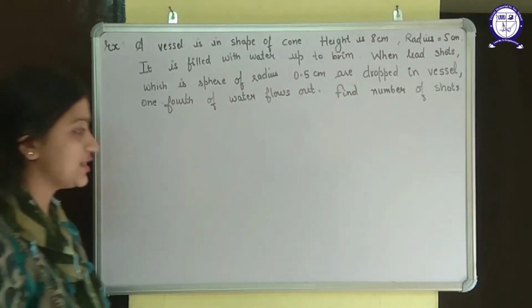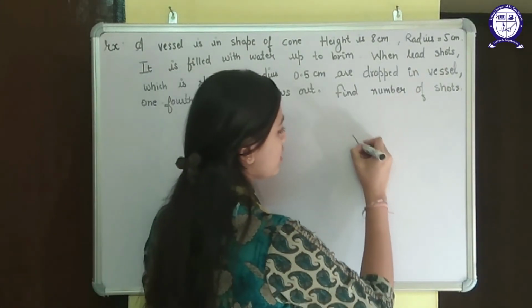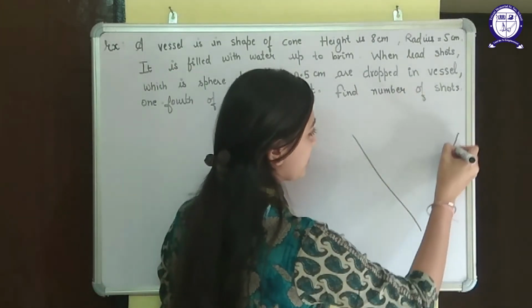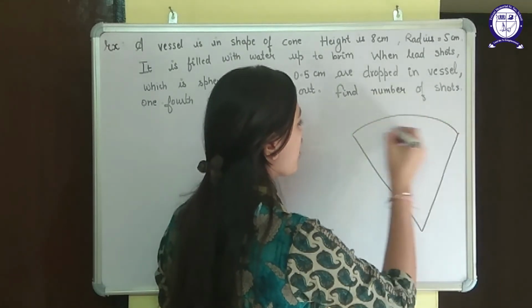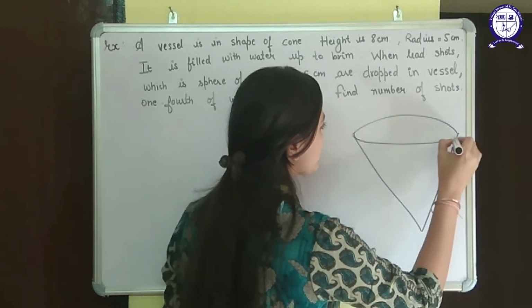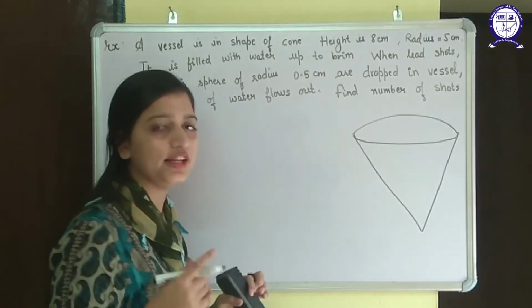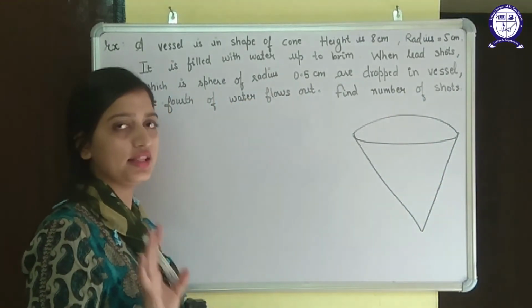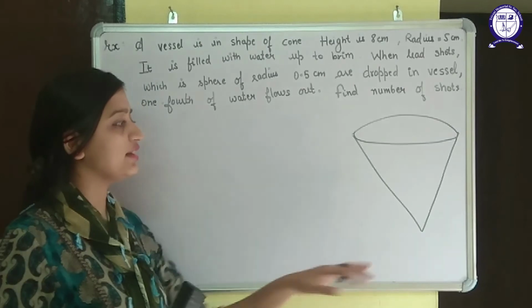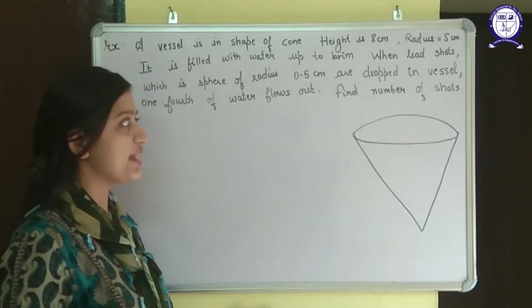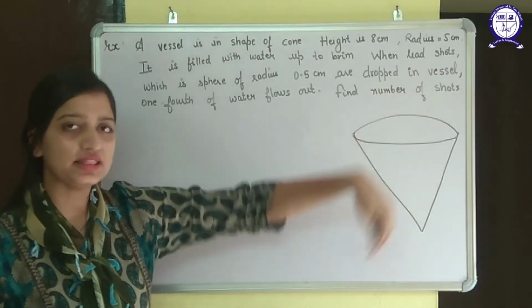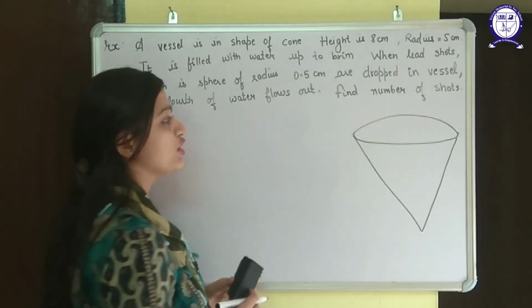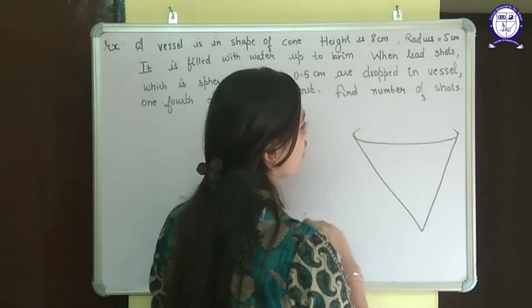What is the question saying? There is a conical shape. Okay, this is like this because in the question, first of all, it is written that it is an inverted cone. Okay, in the book it is written that it is an inverted cone. Secondly, it says we have to fill water in it. So obviously it should be in this form. Okay, we have put water in this cone.